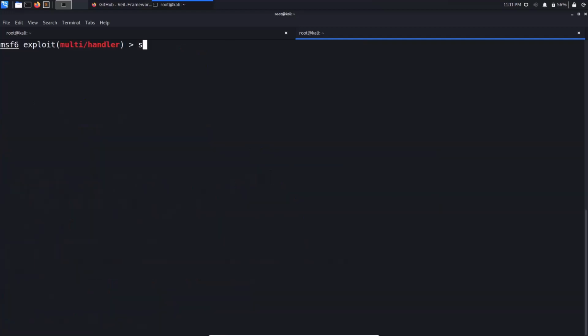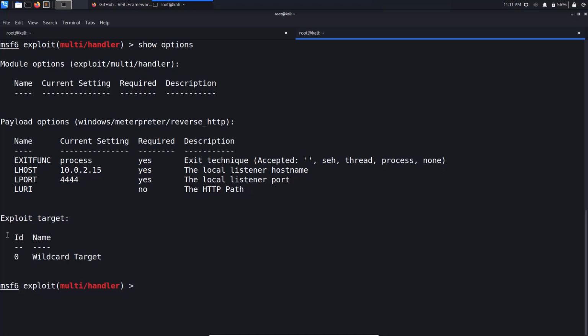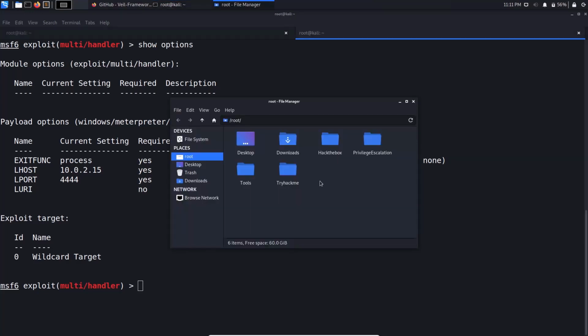If you look into the options, you can see all the payloads and stuff are set up. If you transfer this payload to any target machine, and if that executes, then you will get your shell. So that's how, guys, you can create a payload using Whale evasion and exploit the stuff.